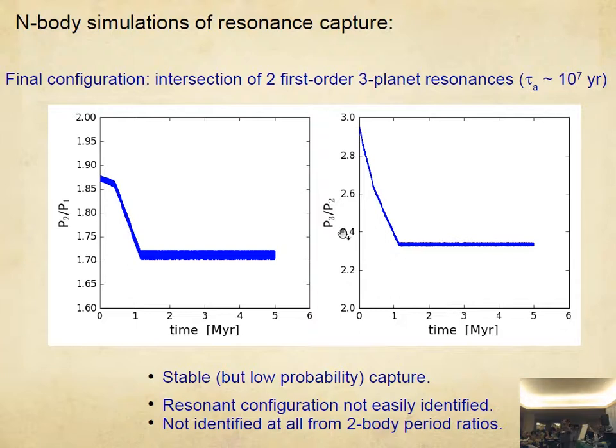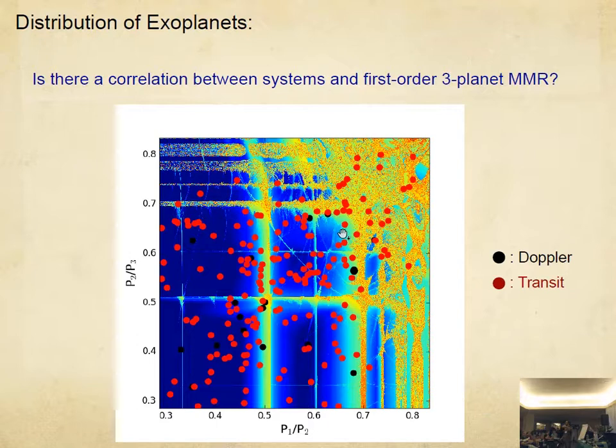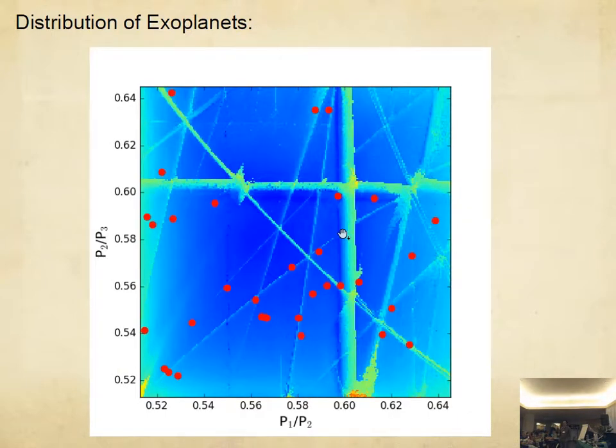So what we wondered is, could it be that there are more resonant systems among the Kepler planets, but they just correspond not to the usual Cartesian Euclidean intersections? So we did some statistical study, which is very crude. We just superposed the distribution of the planets on one of our dynamical maps. We make a zoom there because the results were better there. And we obtain this type of correlation. So you have several different first order resonances, and there seems to be a certain correlation between the distribution of the systems and these resonances.